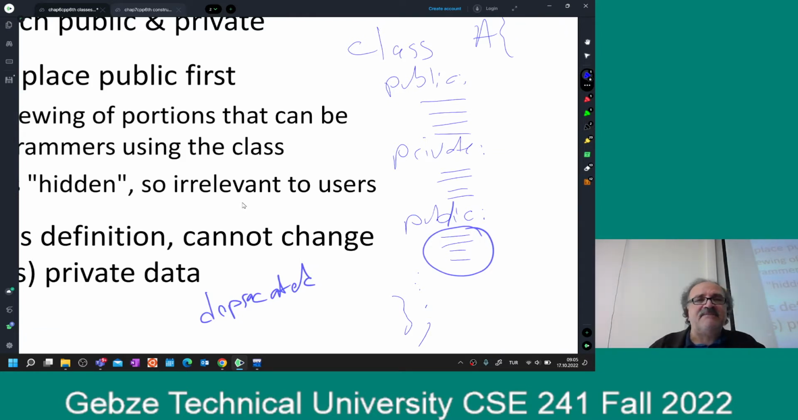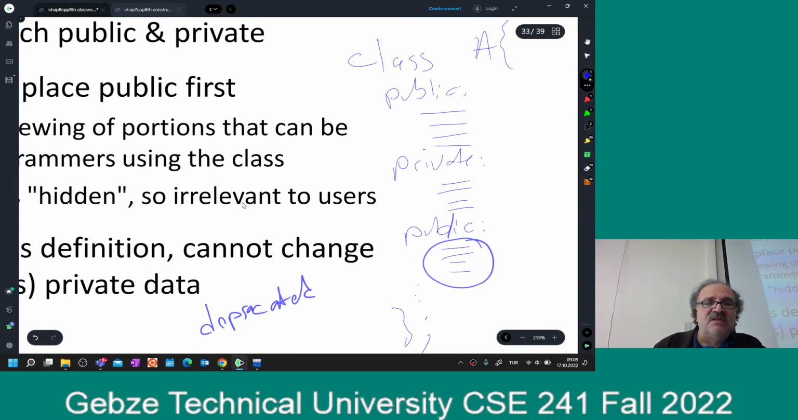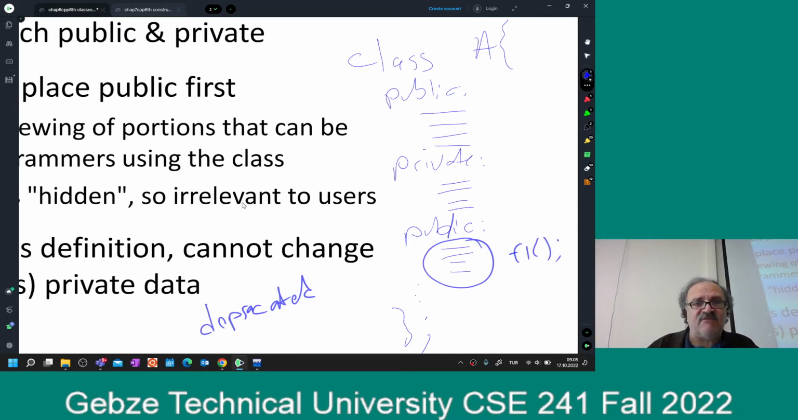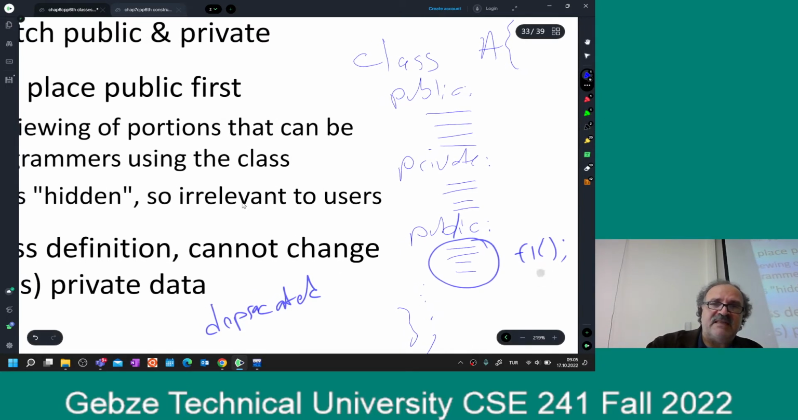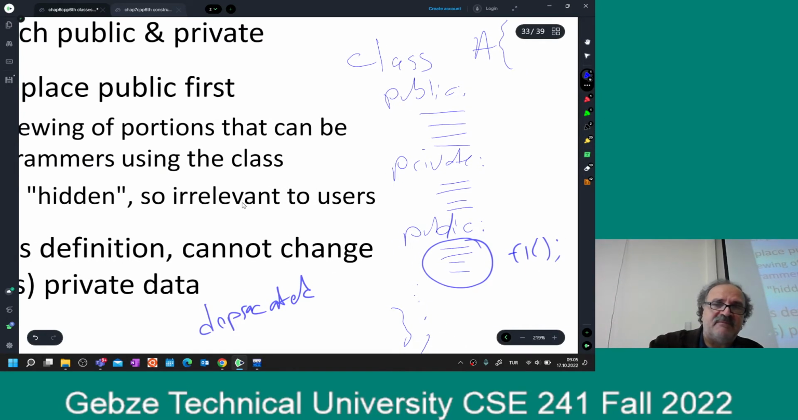Deprecated function is this. I had a version of this class A before. It has this function, f1. In later versions of this class, I decided that I should not use this function f1 anymore. I would like to take it away from the customer, but if I do that, the customer's code will break. It will not compile. Then I put this f1 at the end of this class definition in a public section,